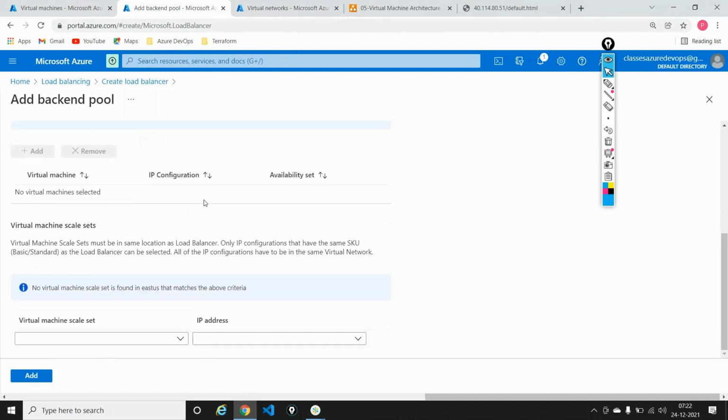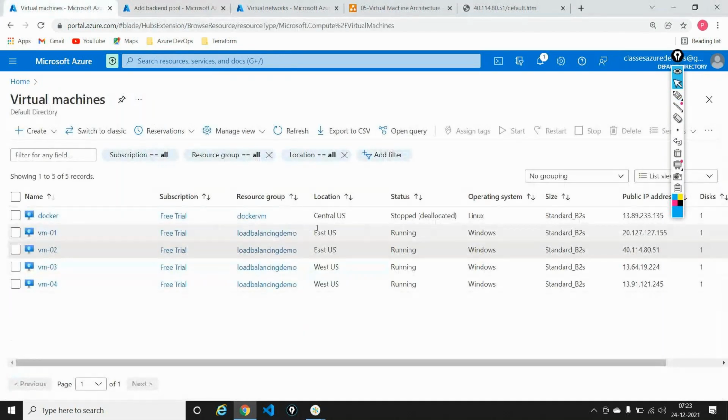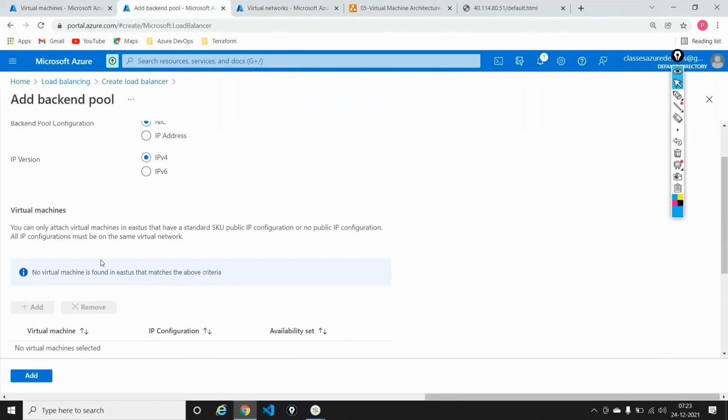And as and when I did this, it's now telling me that no virtual machine was found in East US with this particular criteria. But I have virtual machines. I have, let's say, two different virtual machines in East US sitting in the same virtual network. But it's now giving me this warning telling me that I am not able to see your virtual machines, or I'm not able to understand what you want me to add here. The reason being,